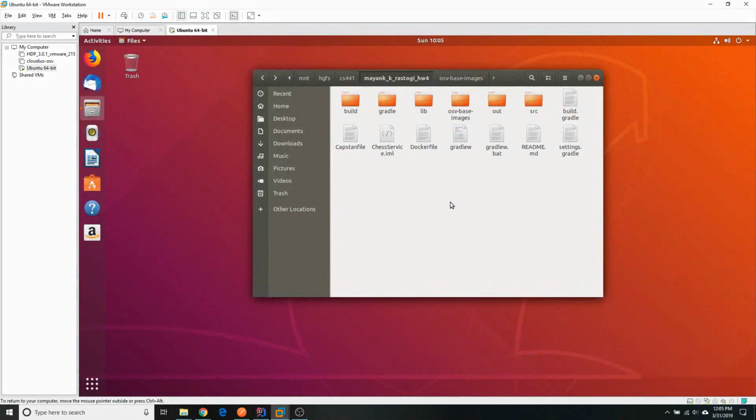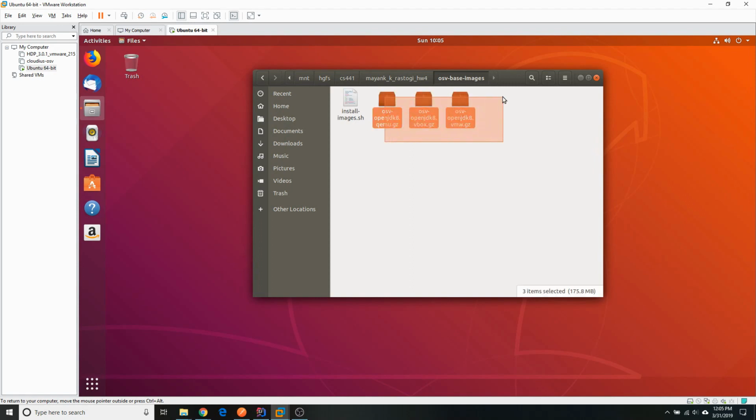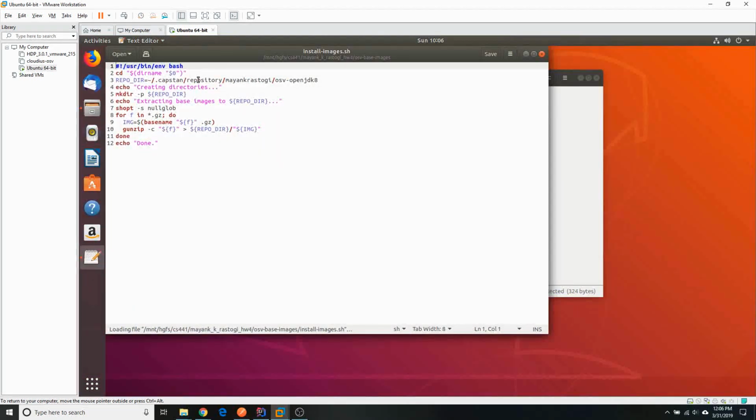So I have my Ubuntu system running inside VMware here, and I've already browsed to the project directory. Inside this directory, you can see that I have OSV base images folder where I have placed some images of OpenJDK that I generated from the OSV source code. I generated these because I was facing some issues with the fonts that were missing in the base images that was provided earlier. So I've just written this install images script which will copy these base images into the capstan